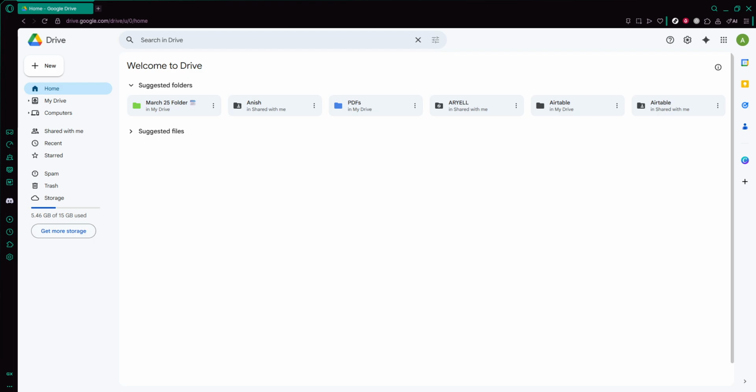Let's start right at the beginning by opening Google Drive. You can do this in any web browser by going to the Google Drive website and signing in with the Google account that you use to back up your photos. It's important that you're using the same account that your phone or computer is backing up to, otherwise you won't see the right files. Once you're signed in, you'll land on your main Drive page where you usually see your